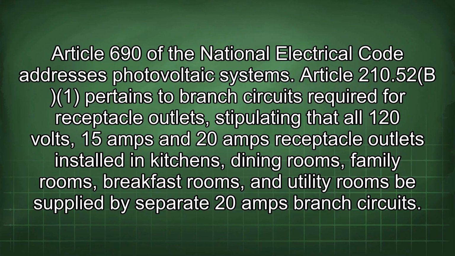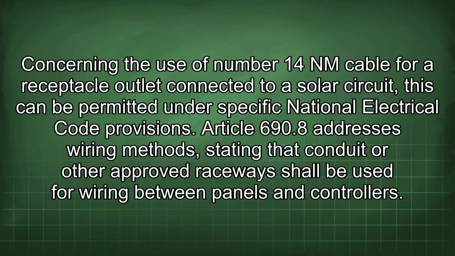Article 690 of the National Electrical Code addresses photovoltaic systems. Article 210.52 pertains to branch circuits required for receptacle outlets, stipulating that all 120 volt, 15 amp and 20 amp receptacle outlets installed in kitchens, dining rooms, family rooms, breakfast rooms, and utility rooms be supplied by separate 20 amp branch circuits. Concerning the use of number 14 NM cable for a receptacle outlet connected to a solar circuit,